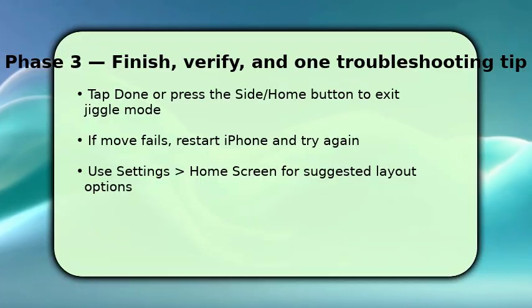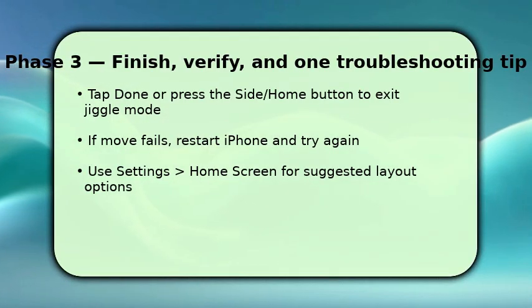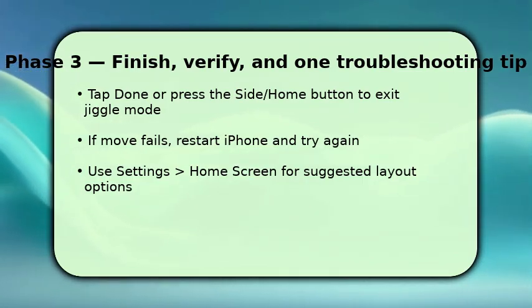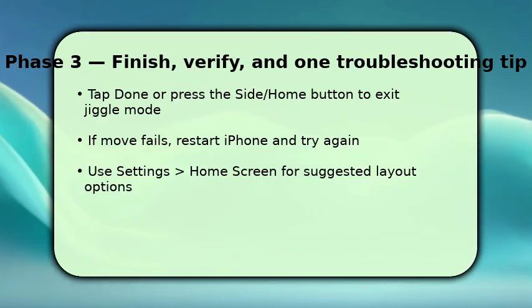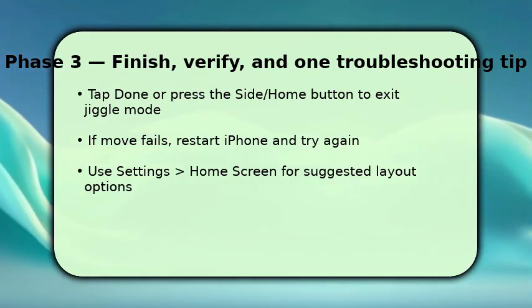If you still can't position apps as desired, go to Settings, Home Screen, and review suggested layouts or reset home screen layout. Doing that can restore default positions so you can start arranging again. One key tip: ensure